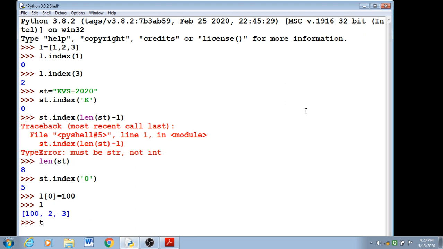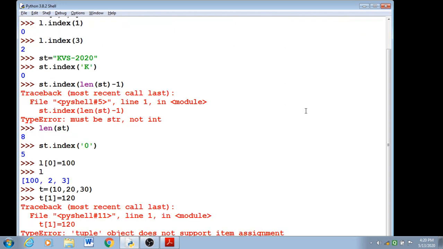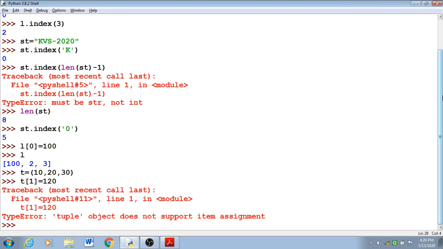But if it is a tuple, just check: 10, 20, 30. I want to modify the first element or any element, the second element, with some value. It is giving a type error, item assignment not possible. That means it is showing errors, it is not possible.